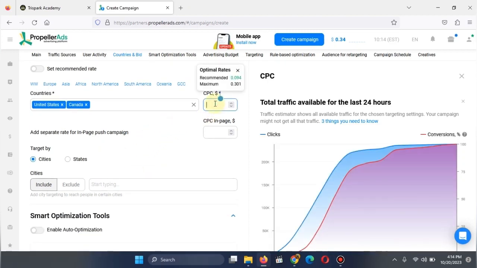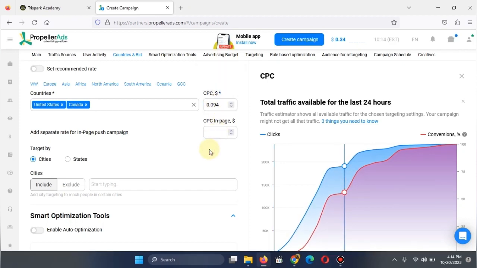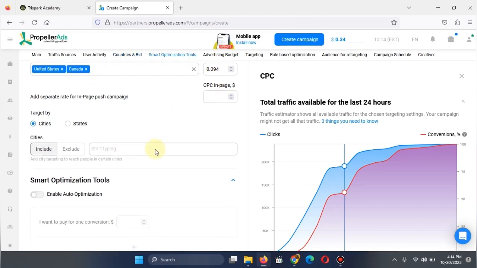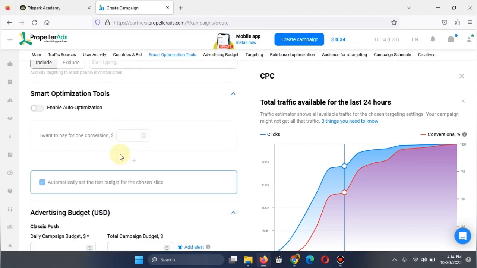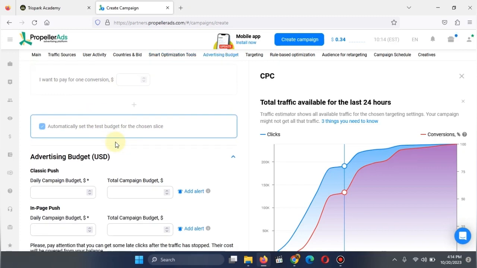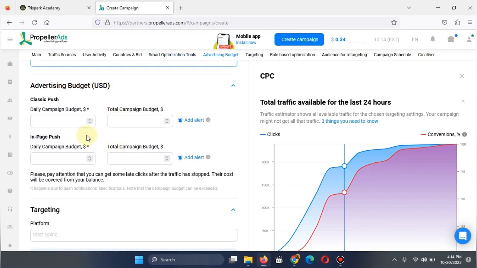Okay, so over here you can offer them how much you are willing to pay for this. Okay, but they recommend that you offer them at least 0.094. They recommend you offer them at least 0.094. Okay, so once you do that, you then come down to this place, leave cities the way they are. All right, just go down, leave these ones the way they are, and come down to your budgets over here,